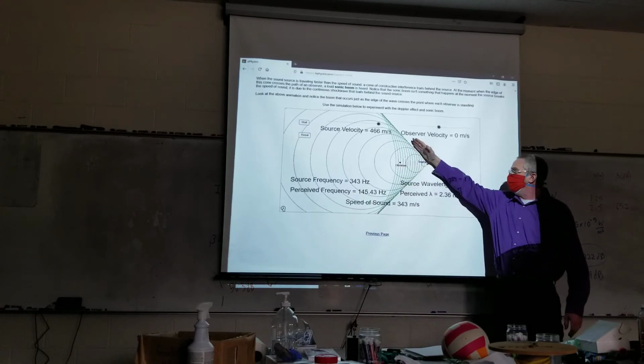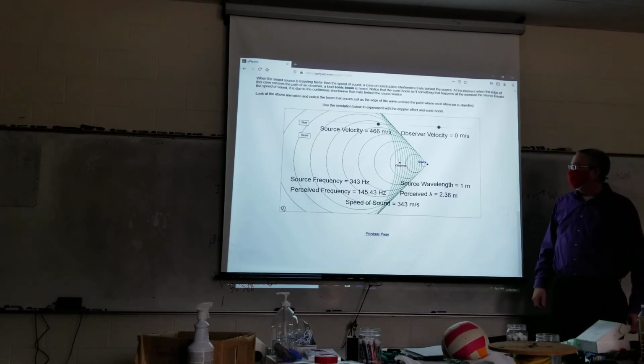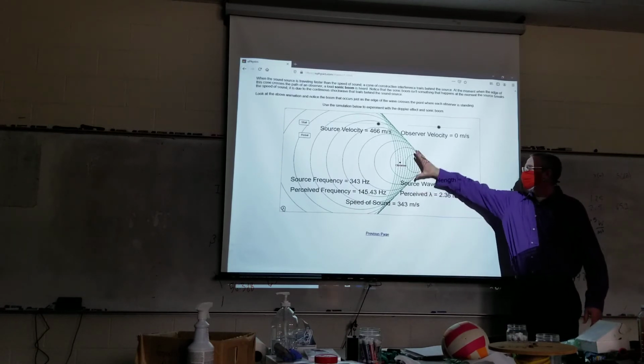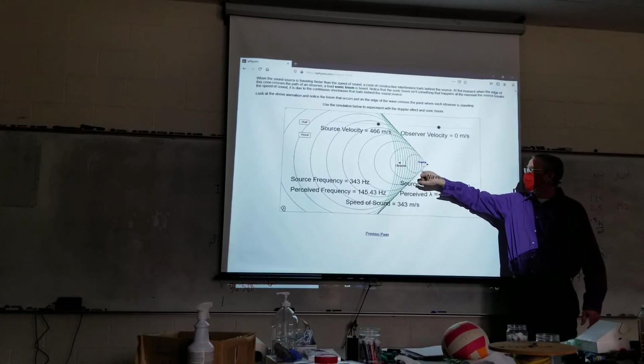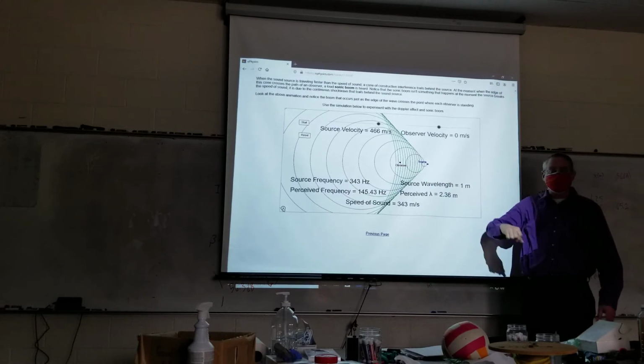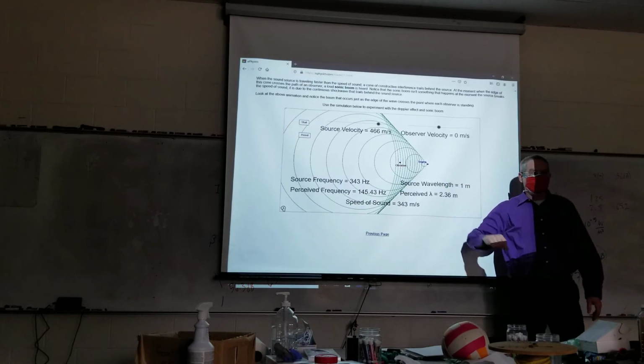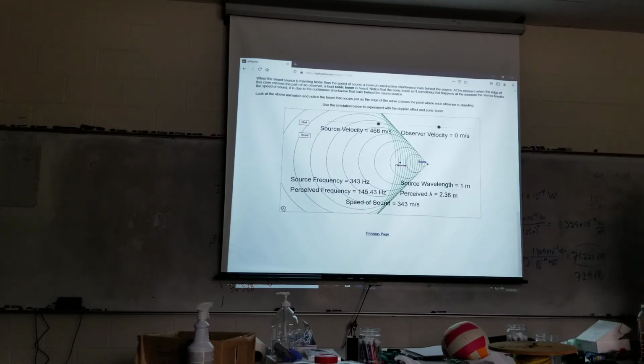And you basically have a cone that's hitting you. And you can go through the calculations. There is a relationship between the angle of this cone and how fast the source is going. I wasn't planning to do that, but the equation's out there. But this is basically a sonic boom. All you have to do is have something that is producing sound travel faster than the sound wave it is producing, which is basically what a whip does. You get the tip to travel faster than the speed of sound, because the whip by itself,